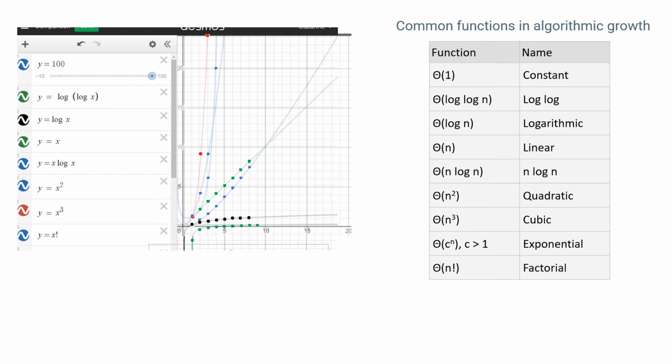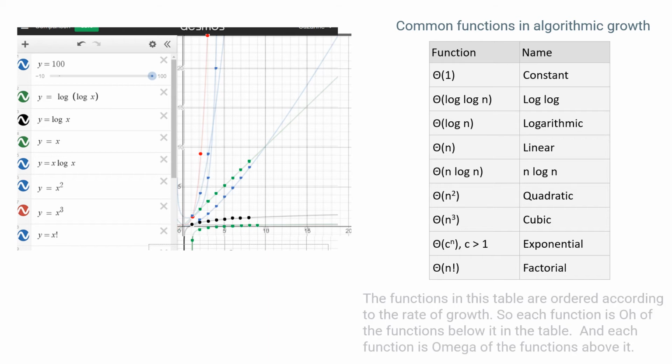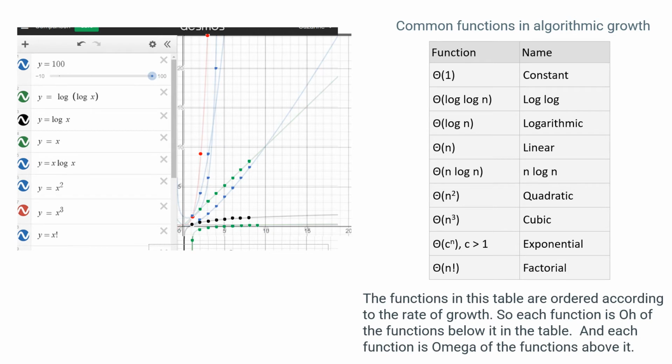So if we take a look at this table over here, these are some common functions, and over to the right you see we have a constant function, and some different ones. Eventually you see linear functions, quadratic functions, and so on. Those are the names over on the right. On the left you see the theta notation for those, and these are in a specific order. They're ordered according to the rate of growth. So it starts with the constant function that does not grow at all, and then it gets more and more,